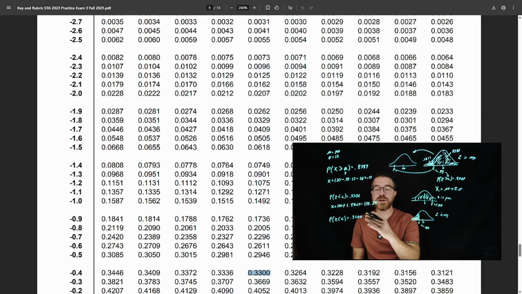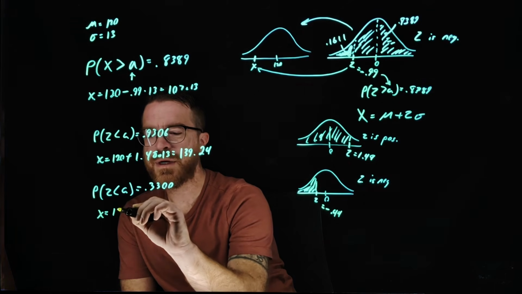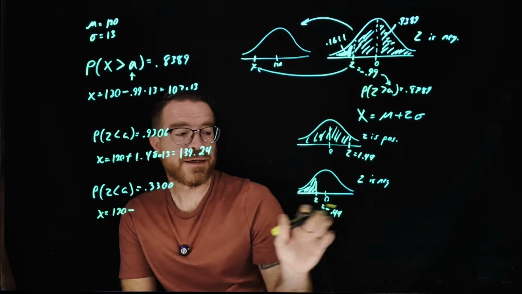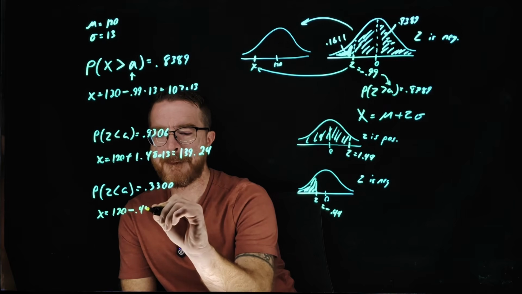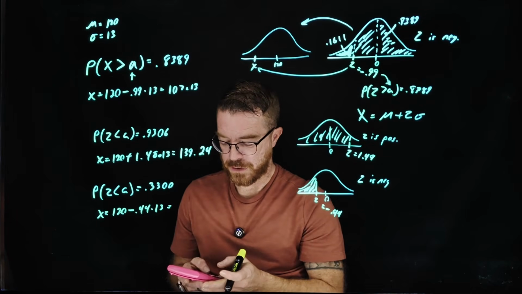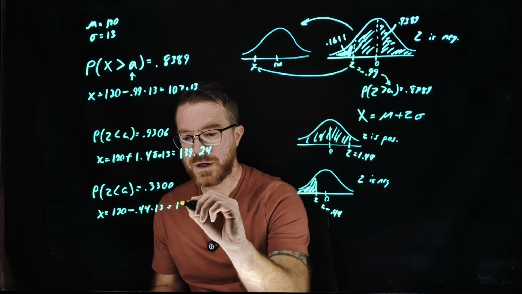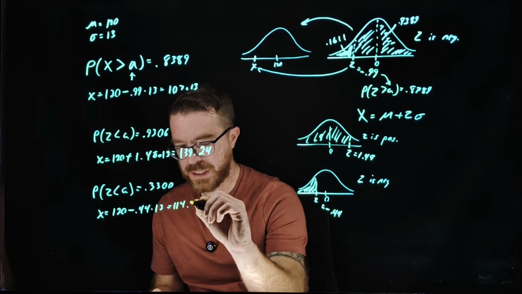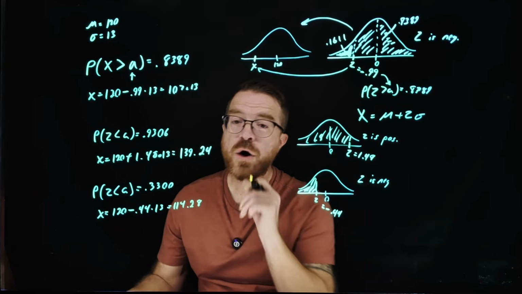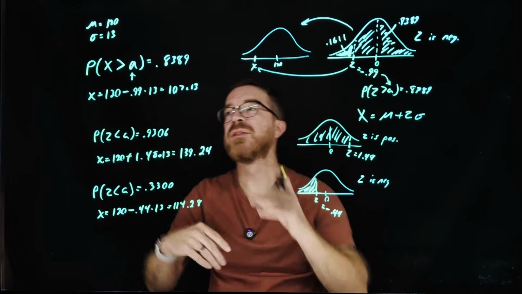So we're then going to figure out what is our associated x value. So x is equal to mu, which is 120, minus 0.44 times 13. So 120 minus 0.44 times 13 is going to give me 114.28. And then all of these answers are in terms of our original problems, which, remember, in this case, this was MMHG,